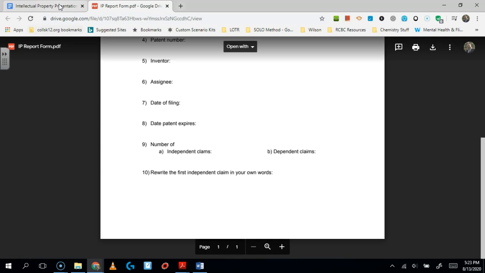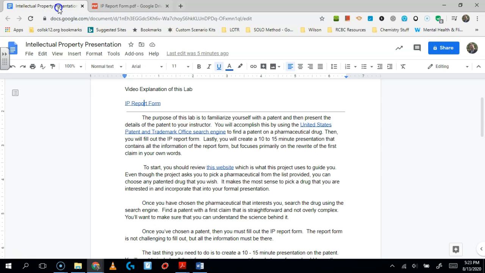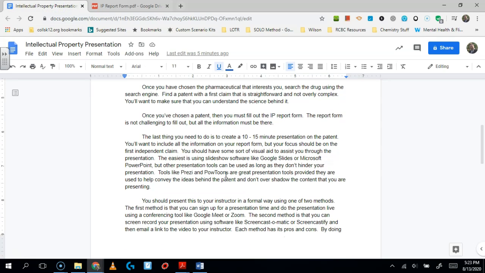Okay? So then, that's the report form. Again, the report form is not super challenging to fill out. It's just a lot of details that you get from the patent. But the last thing that you're going to have to do, and the significant part of your grade, is